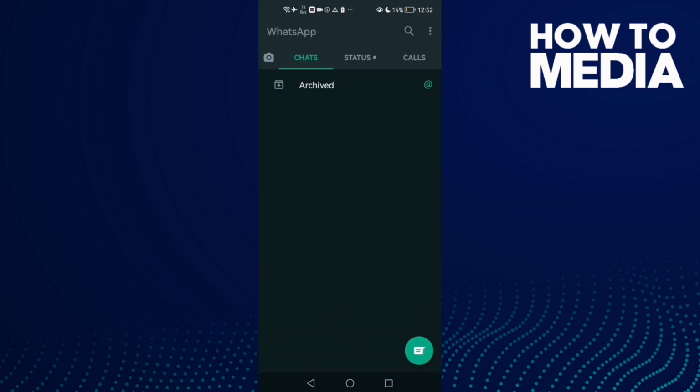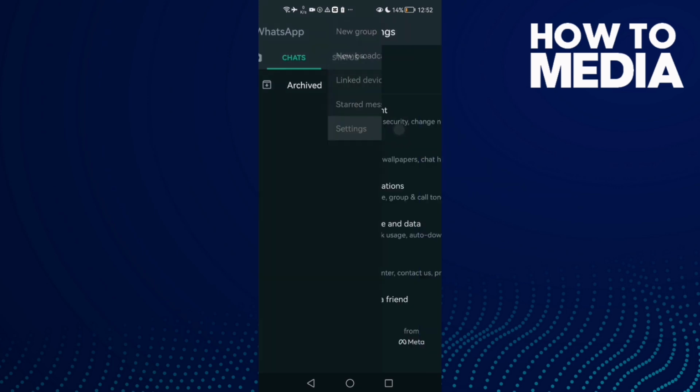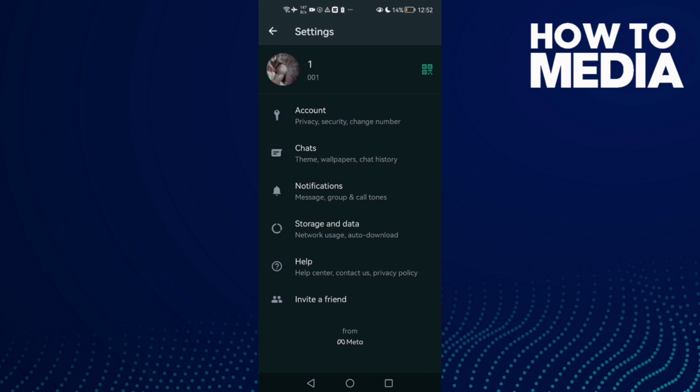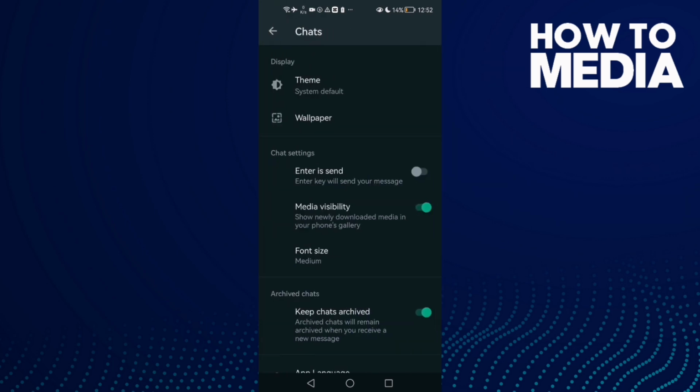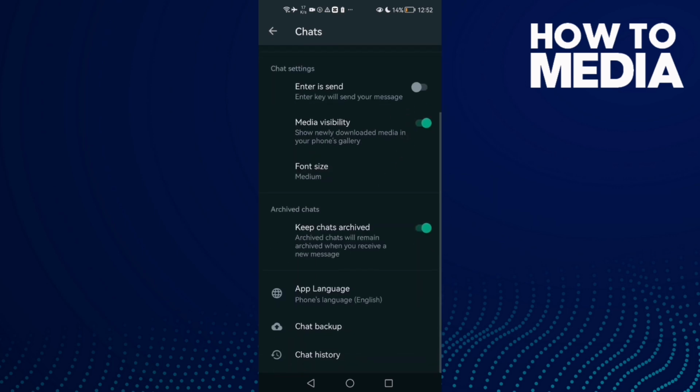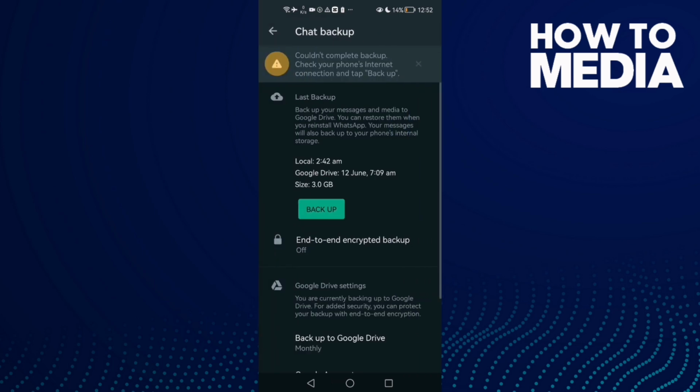First thing, go to WhatsApp and here you will find these 3 points in the top. Click on it and then just click settings, and here you will find chats, and then just scroll down until you find this one, chat backup. Click on it,